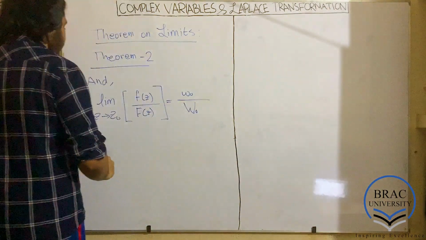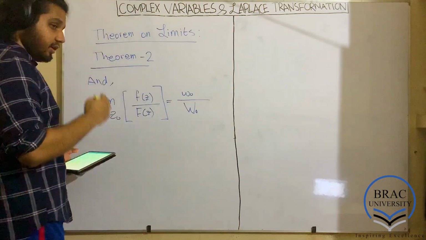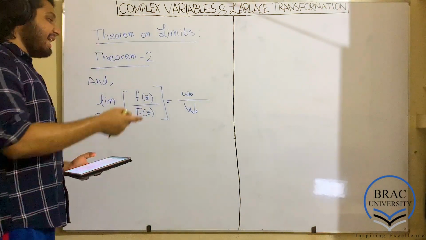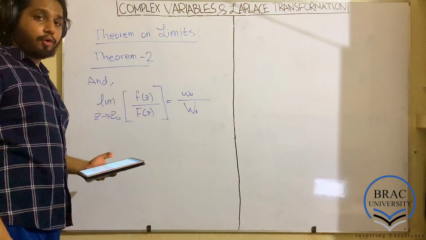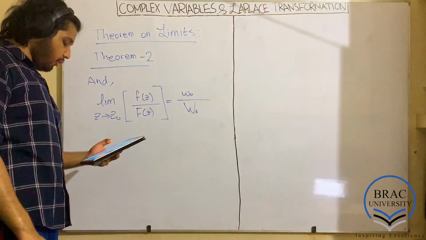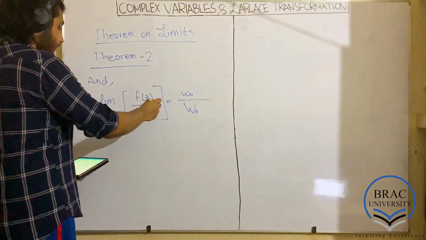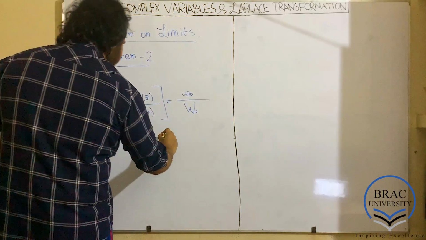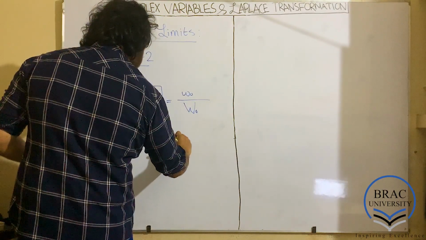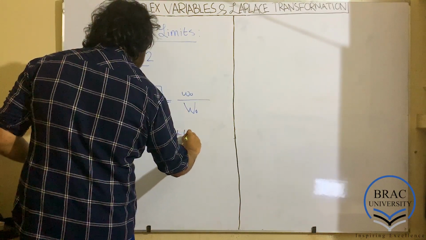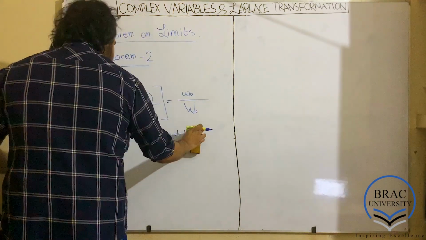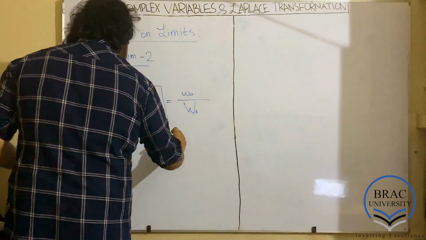Basically, this theorem states that both of these are equivalent to each other, as with the other things that we have shown before. Oh, and this is valid given that capital W naught